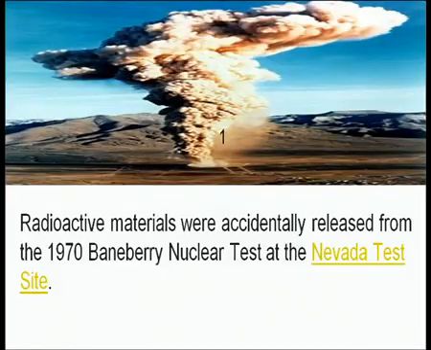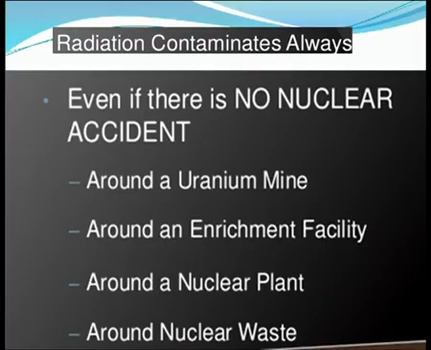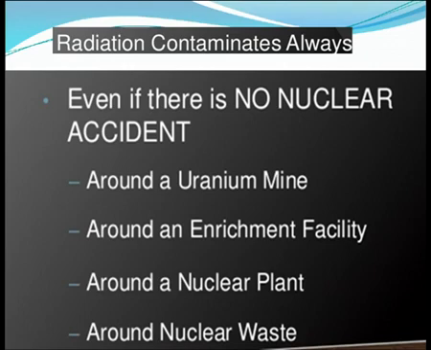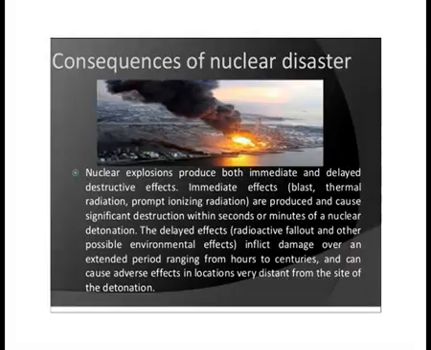This is just a depiction of the type of energy that is released when nuclear blasts take place. This is a depiction of a nuclear test at the Nevada test site, where by mistake radioactive materials were released from the Bainbury nuclear test site. Radiation contamination is always around a uranium mine, around an enrichment facility, around a nuclear plant and around nuclear waste deposition sites. Consequences of nuclear disaster: